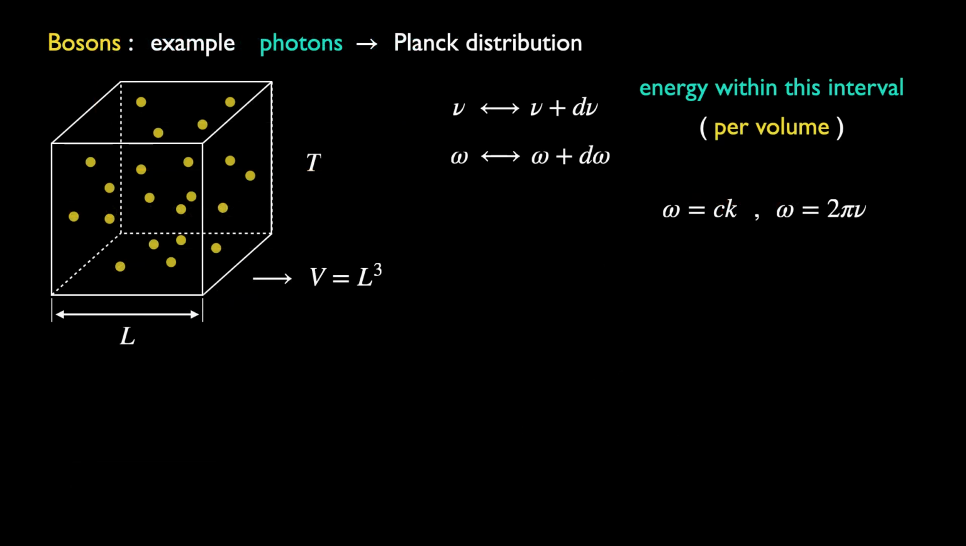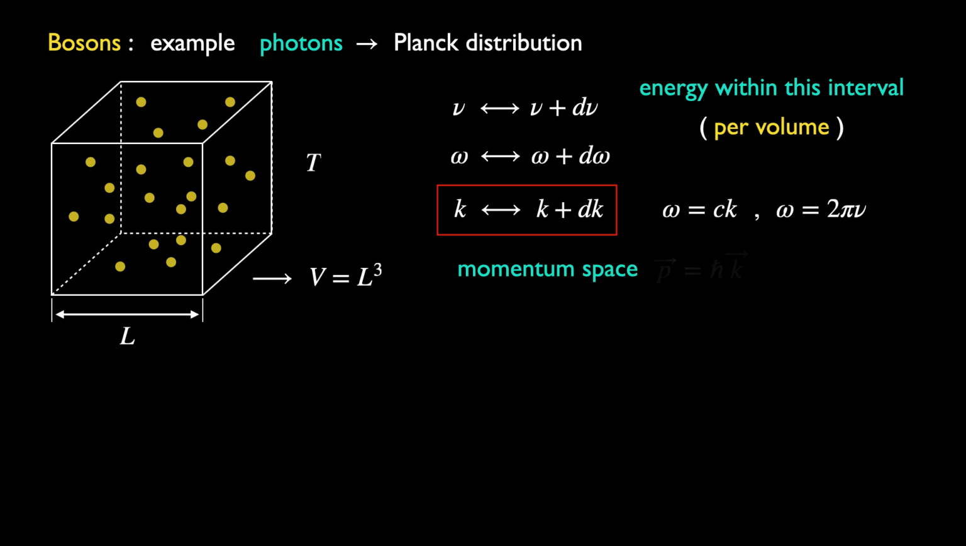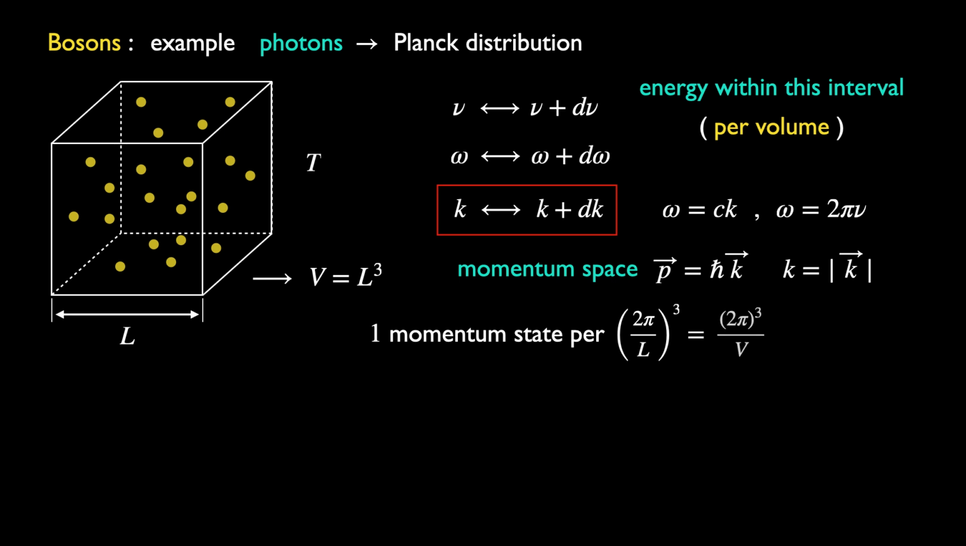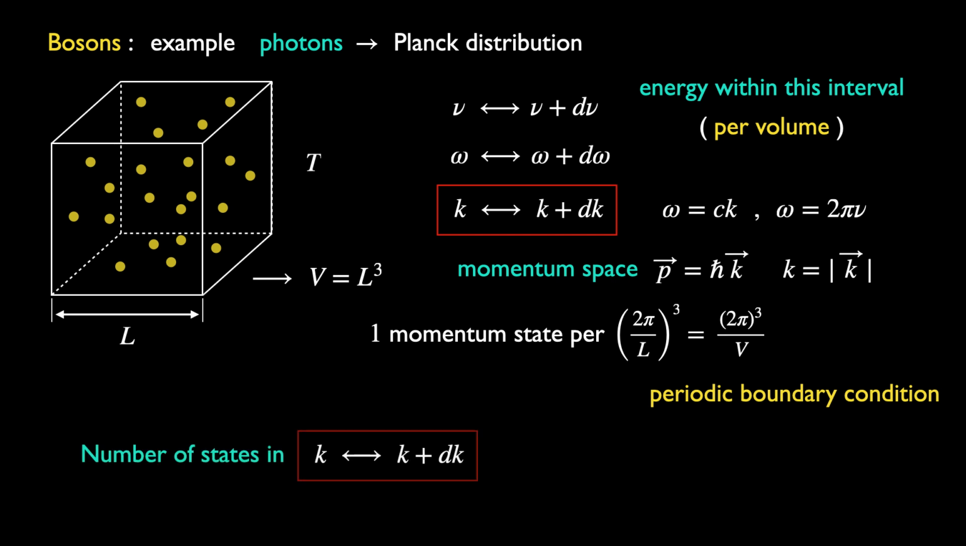Even better, let's calculate the energy carried in the corresponding interval of k. Let's look at the number of states in the volume in the momentum space of k. There is one momentum state in a momentum space volume of (2 pi over L) cubed, if we assume a periodic boundary condition. This is a convenient assumption as long as the box is large enough and the bulk properties of the system are insensitive to the exact boundary conditions. The number of states in this interval is therefore given by